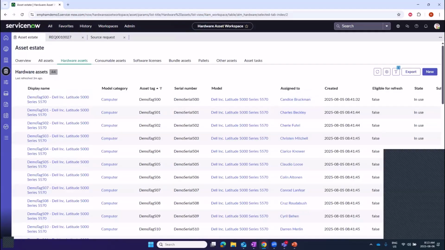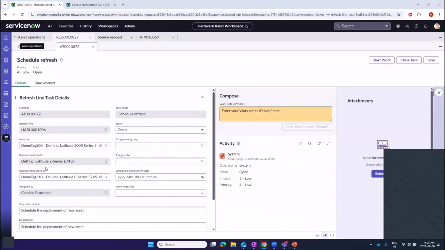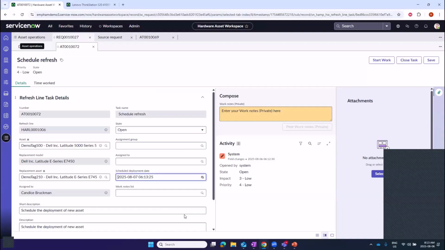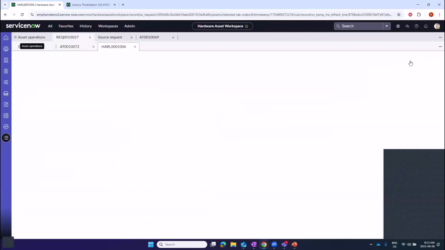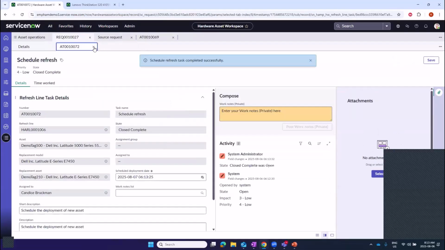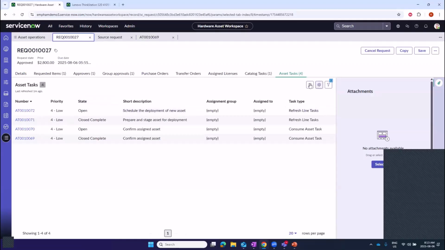Okay. So I can see that I'm ready to schedule this refresh with Candace. I go ahead and schedule it. And I schedule it right there. And now I can close this task. And again, I like closing all these extra things that get opened, personally. And refresh this. Schedule for deployment is done. And now I can actually deploy